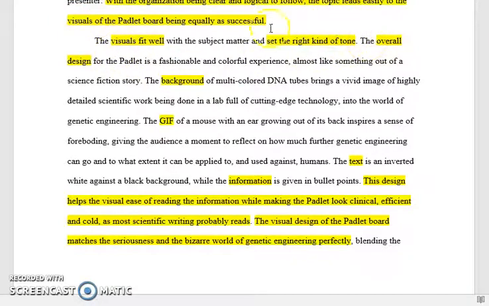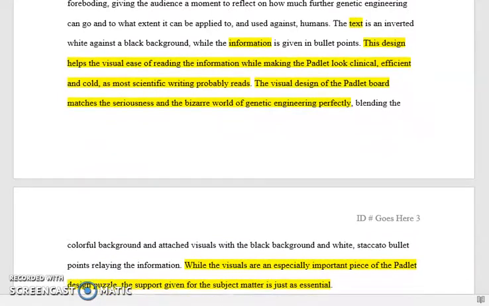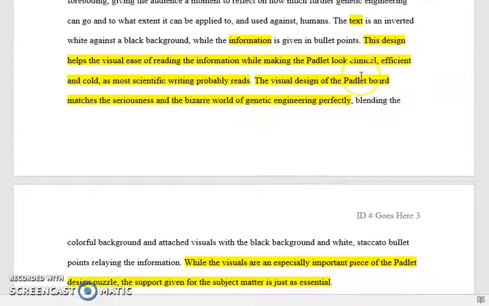It's a positive element, so it sets the right kind of tone, expresses that. It starts out making a comment about the overall design, and then it narrows into some examples. It gives some details about the background and its success, and then it moves into the GIF with some details about that success. And then it talks about the text and how it was successful, how the information was helpful, and then it ends by kind of broadening back out, and it links these different elements that they have described